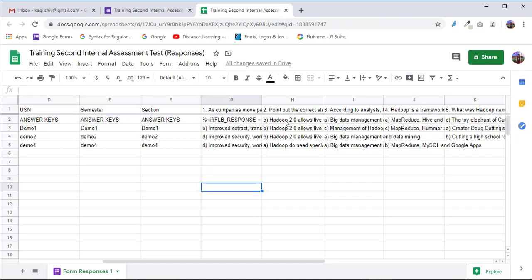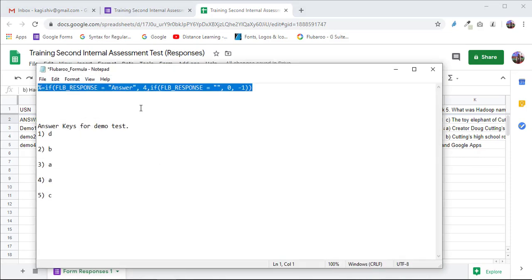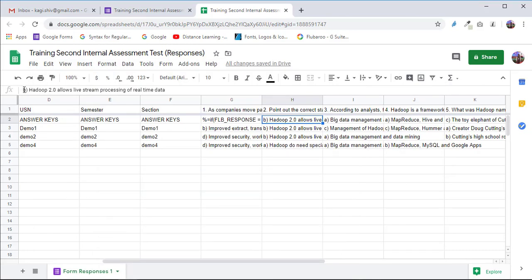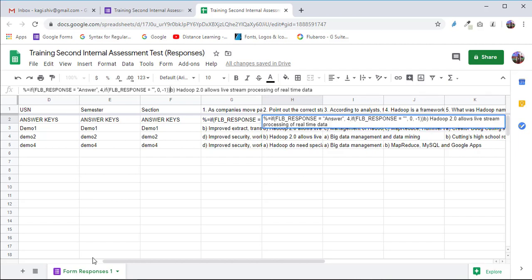Now similarly go to the second question, then go to notepad, copy this, minimize again, come here, click once just before B and paste that formula, and then from B you cut the answer. From B you cut the answer. You need to do this one time for all the questions.